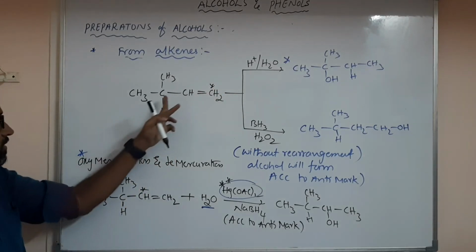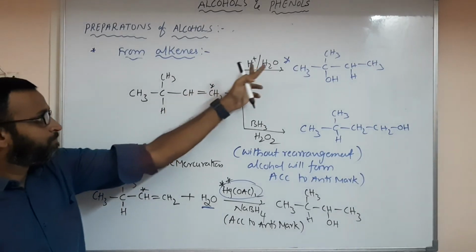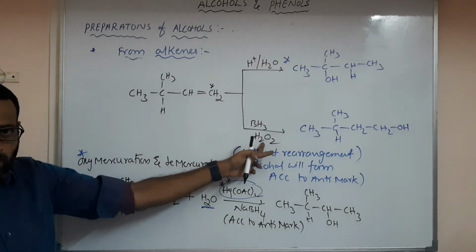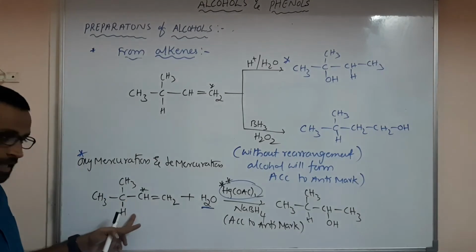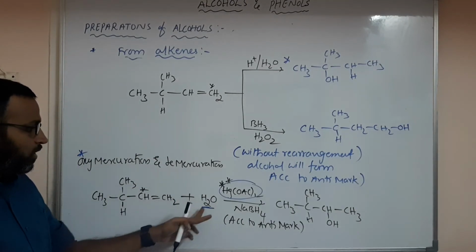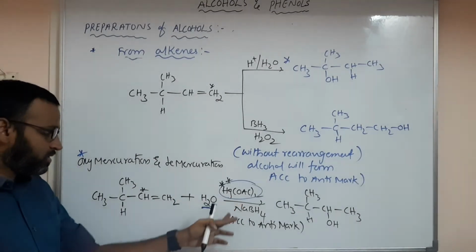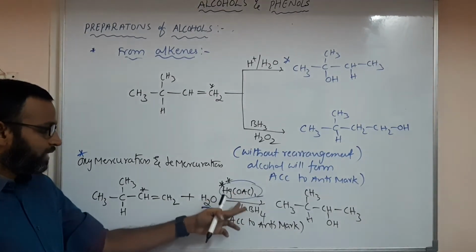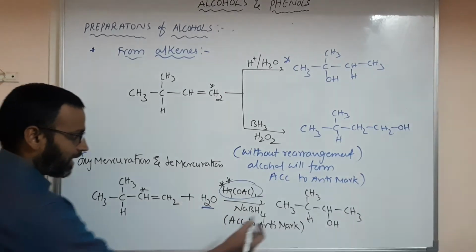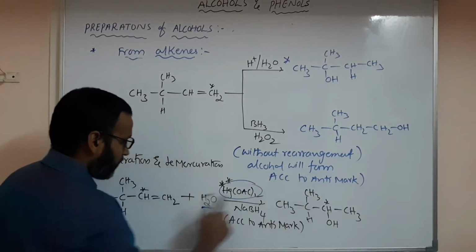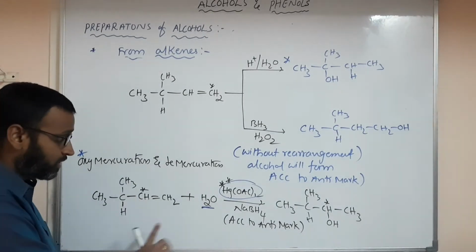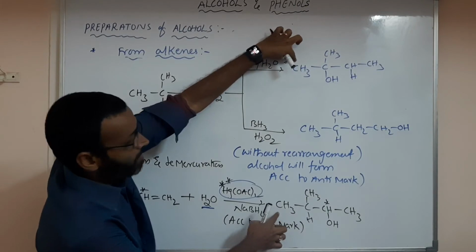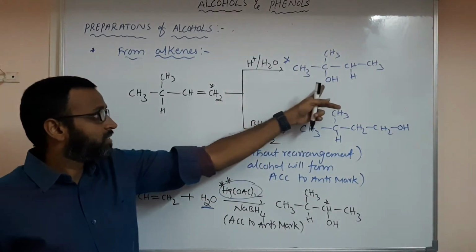See the same reactant. This alkene with H plus and water. This alkene with BH3 and H2O2. And the same alkene with mercuric acetate and NaBH4, with water, which sometimes they won't give. Alcohol you are having at where? See this: the double bonded carbon which has fewer hydrogens, without rearrangement. See the difference between this product and this product, please. In this case, you have OH.